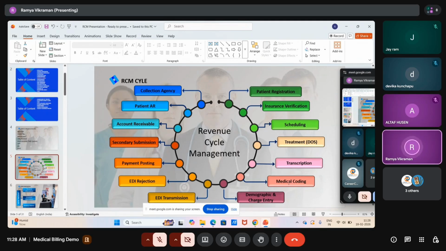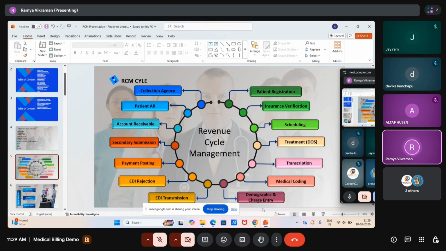As I mentioned, the coding team will be giving you the codes. That code will be entered by the charge entry team. The charge entry team, we used to say demographic and charge entry team, is a kind of billing team. They are the ones who will key all the information into the software, because whatever the coding team is doing, they are doing it in PDF mode. Now it's been automated, but not all processes have been automated. I would say 20 to 30 percent of companies are automated, so still 70 percent are manual.